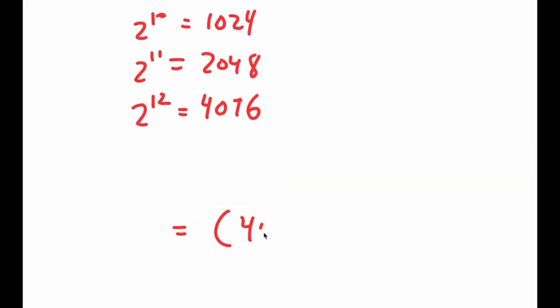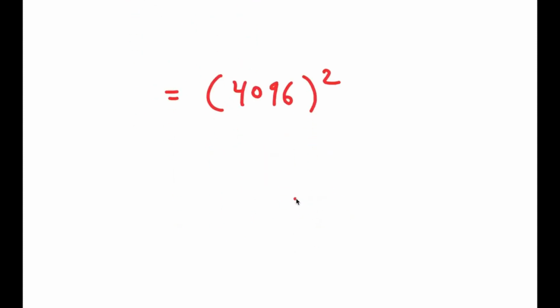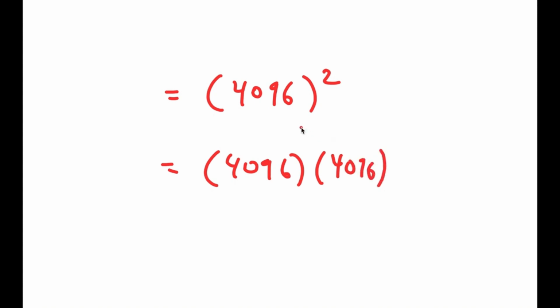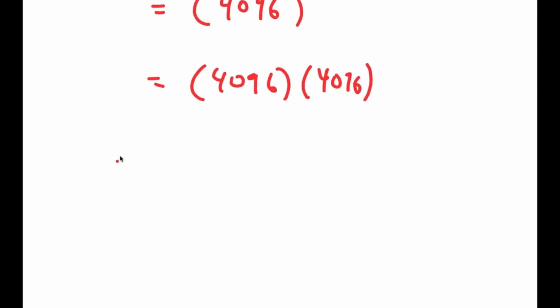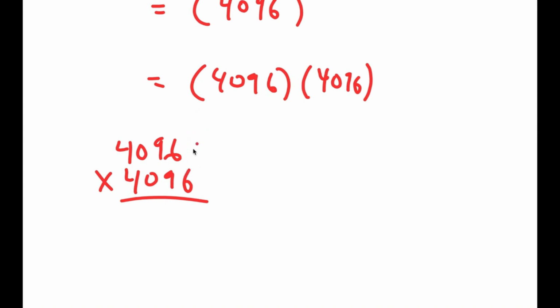So now I get 4,096 squared. Now, what most people would do, well, first of all, 4,096 squared is the same thing as 4,096 times 4,096. And from here, most people would just multiply this using the conventional method. However, this method takes way too long, and it's really easy to make an error using this method. So instead,